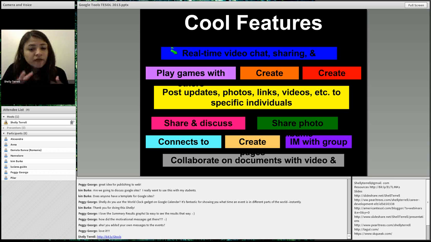Once you sign up for a Google Plus account, and I suggest you do, because Google Plus is amazing. A lot of people say Google Plus isn't that great, but that's because they don't use it and they don't know. Google Plus saves you so much time. There are so many things that it does, and it integrates so many apps. Now it's 13 and up, the age level, so you can create a class page, and it's one of the best LMS tools that I have found out there.